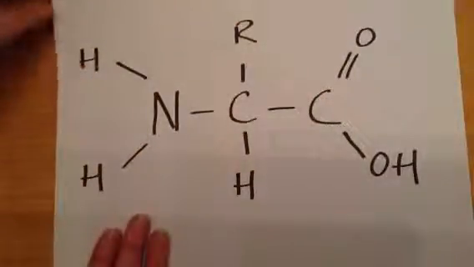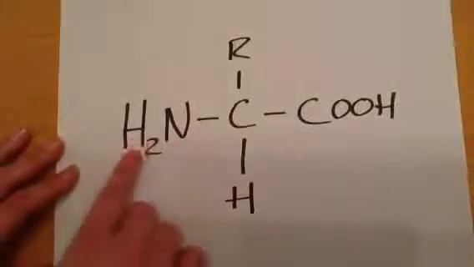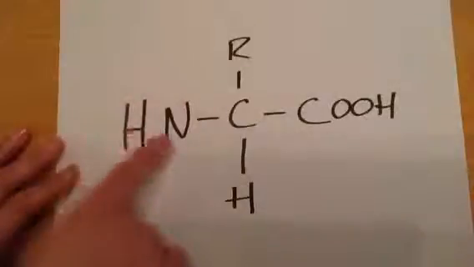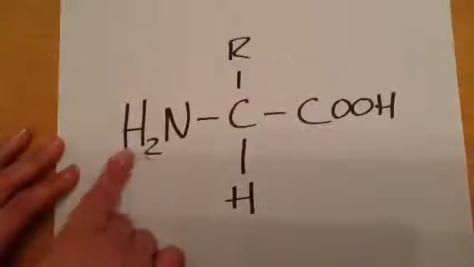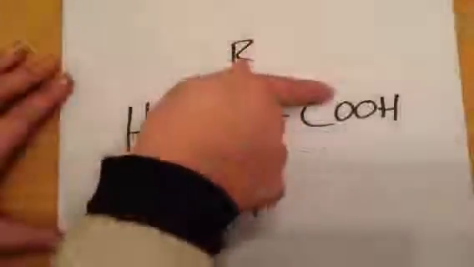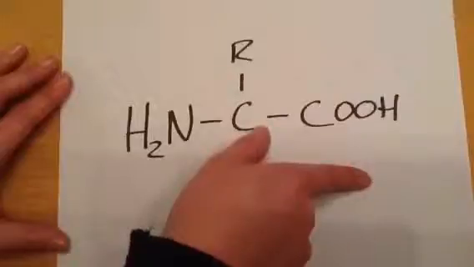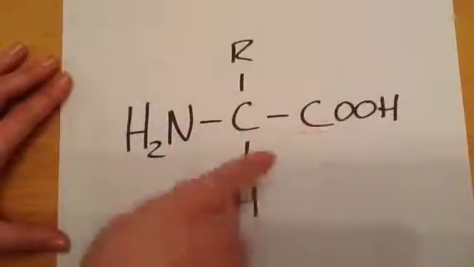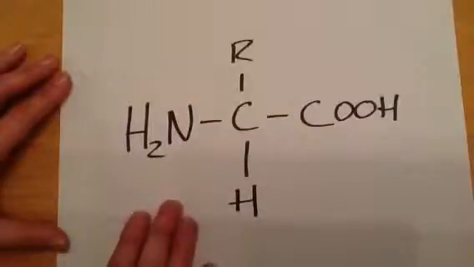Now you might sometimes see an amino acid drawn like this instead. Okay, now there's nothing wrong with this. We've got the nitrogen and H2 representing the 2 hydrogen atoms. Instead of drawing the 2 covalent bonds go into the hydrogen atoms, we've just drawn H2 representing 2 hydrogens here. And on this side, instead of drawing the double bond going up to the oxygen here and the covalent bond to the OH group down here, we've just written COOH. This is a shorthand way of drawing an amino acid, and there's nothing wrong with drawing them like this in